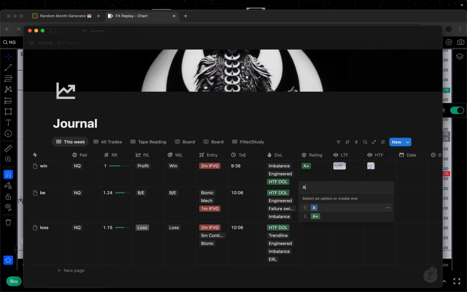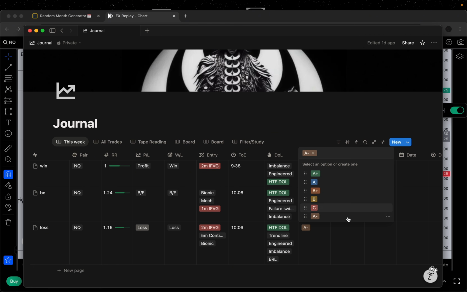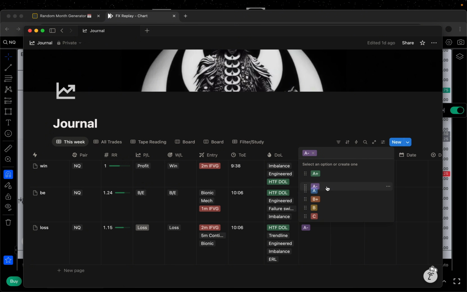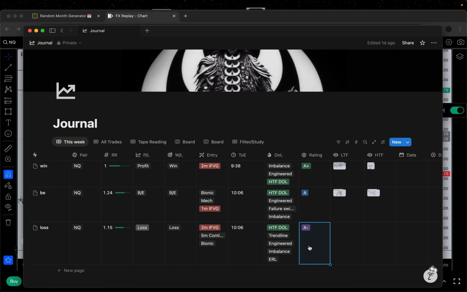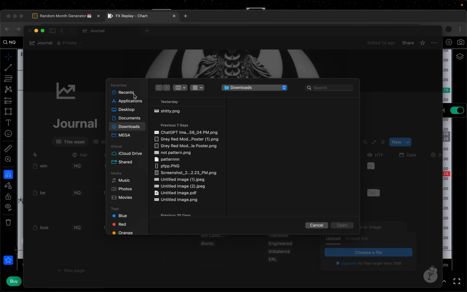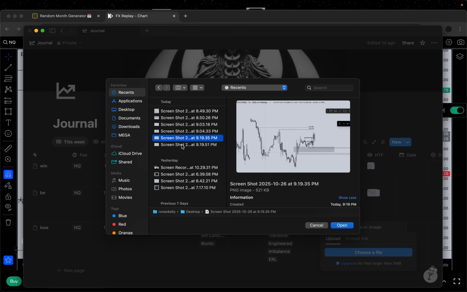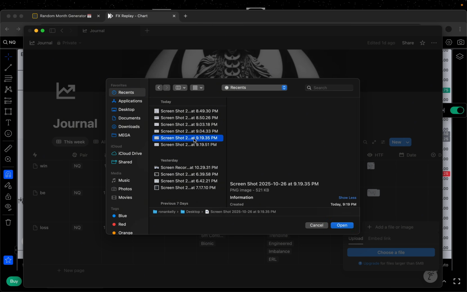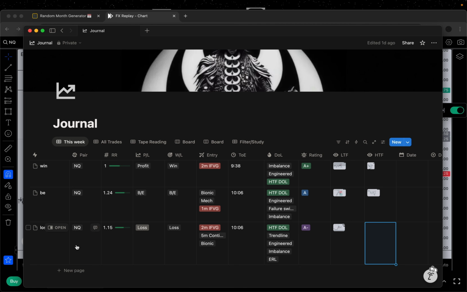I'm going to make it an A minus because obviously the premium 5-minute isn't super good. I'm going to make this purple. There was just some stuff off with it, like the premium. We had just swept that 1-hour high with an SMT, and it was just a little iffy. It was there, but it wasn't all the way there. So of course that's going to be an issue. This is my low time frame, so that's going to be this photo. And then it's obviously my high time frame. Definitely put more photos than I am now. I'm just kind of doing this simply for that.